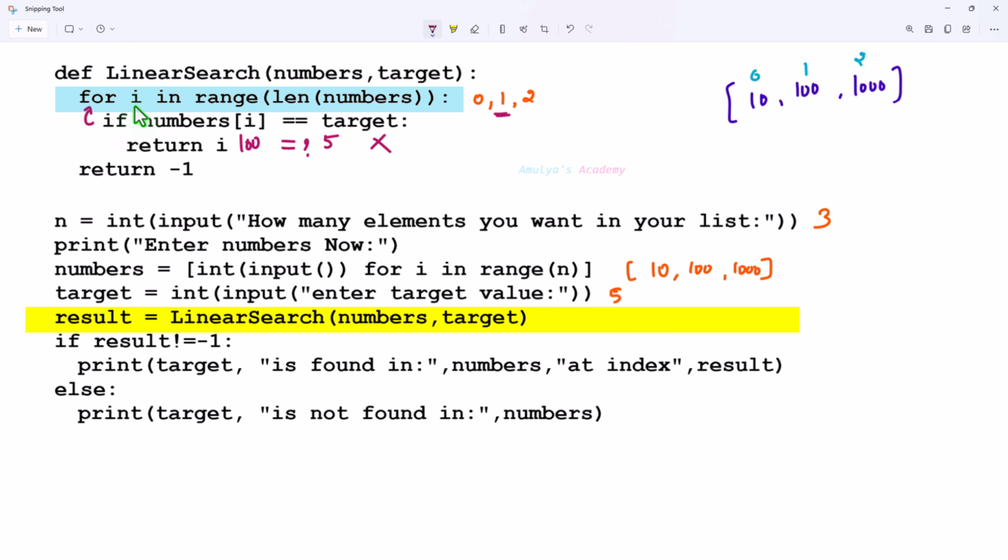Now i becomes 2. Then it will check if numbers of 2, that is value present in the second index, that is 1000 is equal to 5. Whether it is our target value? No, it is not. So it won't execute if body. Control will again go to for loop. But here range is over. For loop ends here. So control will come out of the for loop and it will execute next statement, that